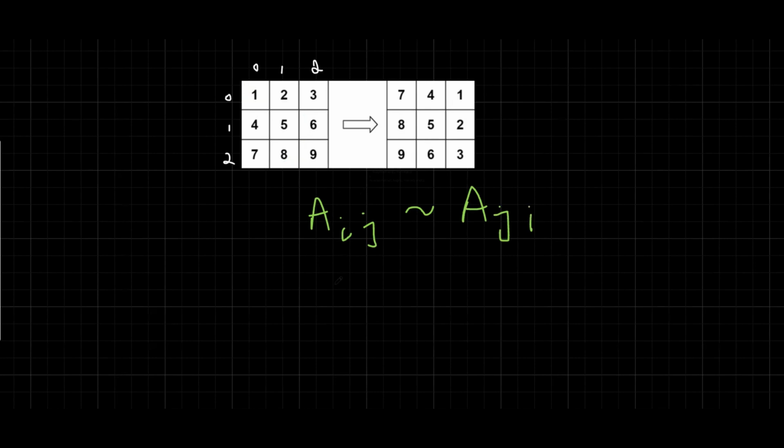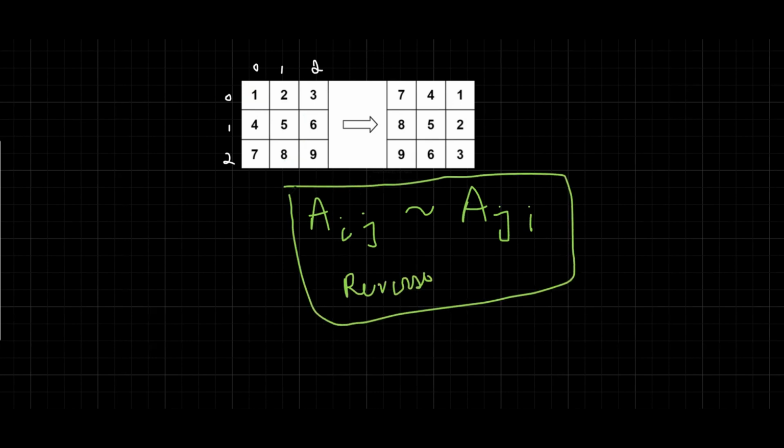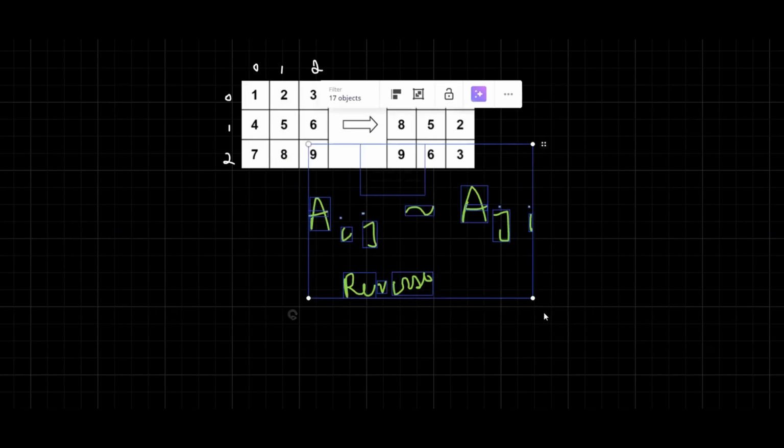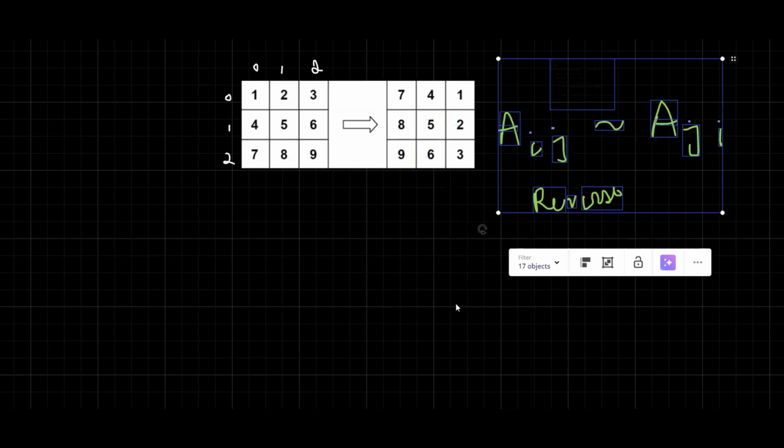After that, we have to reverse the corresponding row. If we do these two operations, then the input array will be rotated 90 degrees clockwise. Now let's see how we can do these two operations and